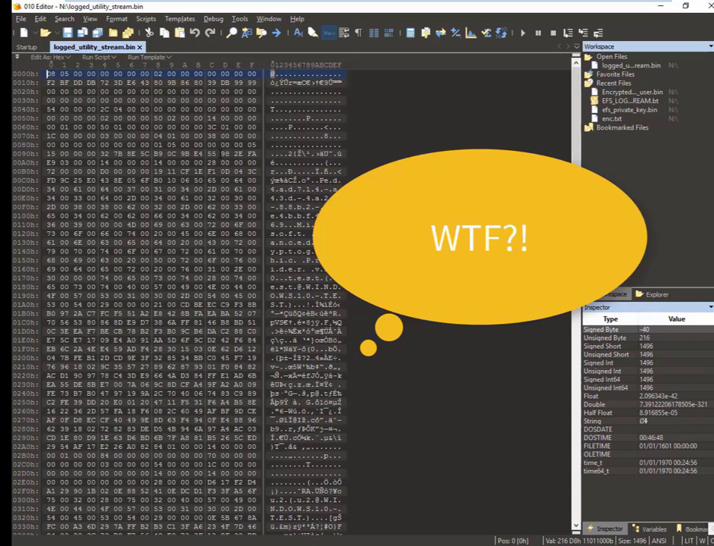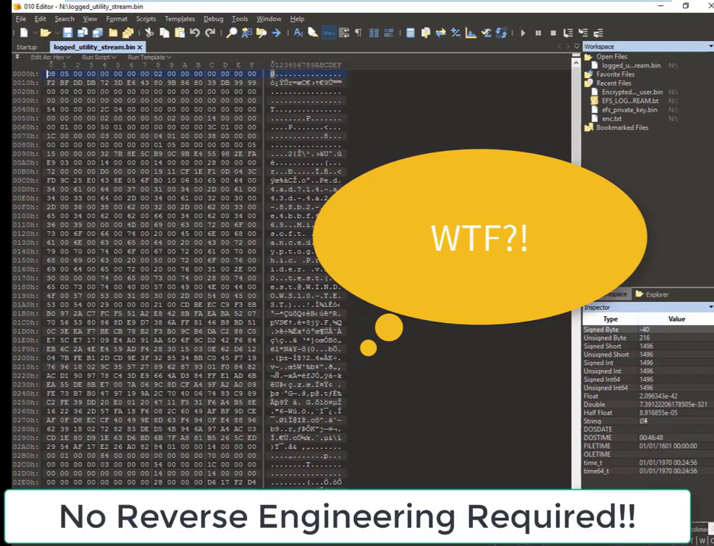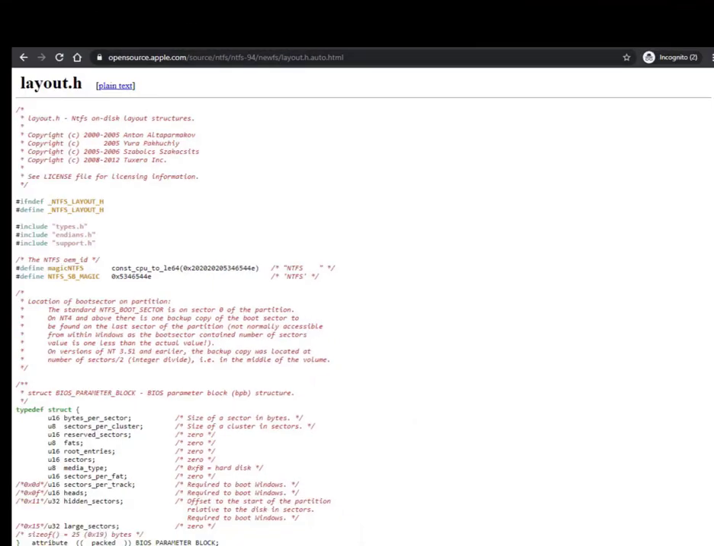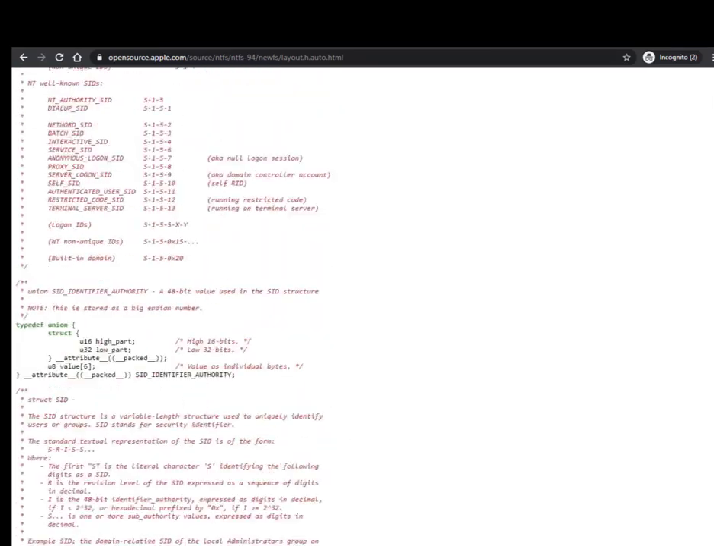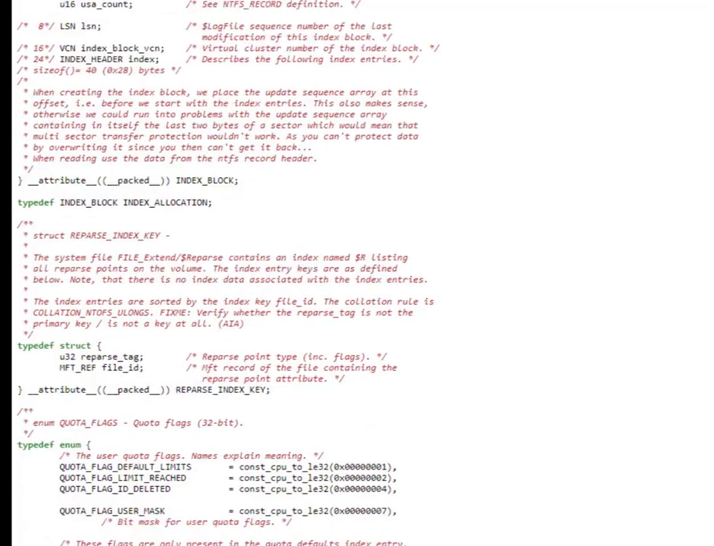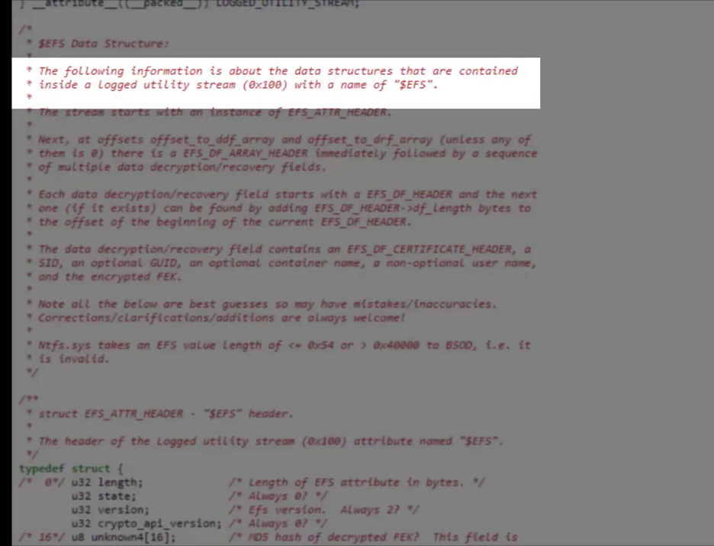Microsoft does not publish this, so I would probably have to reverse engineer it, right? Thankfully, NTFS is a 25-year-old file system, and I did not have to put in that effort. I found the answer on opensource.apple.com, where they have an open source implementation of NTFS. The structure of all the NTFS attributes is defined in a file called layout.h. At the bottom of this file, I found exactly what I was looking for, which is the structure of the